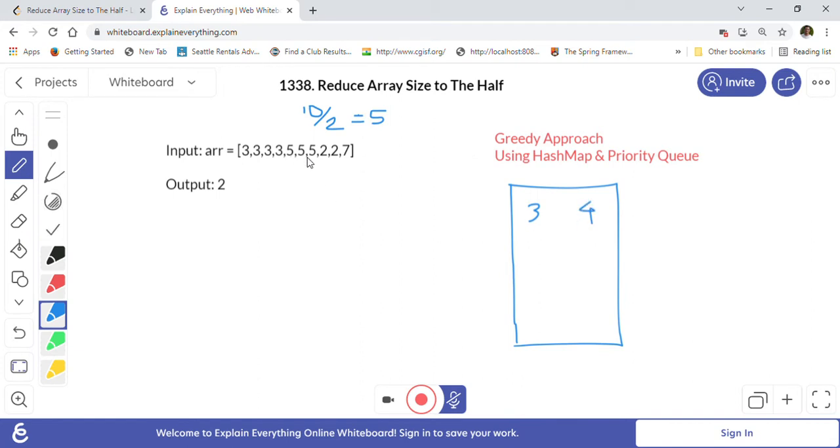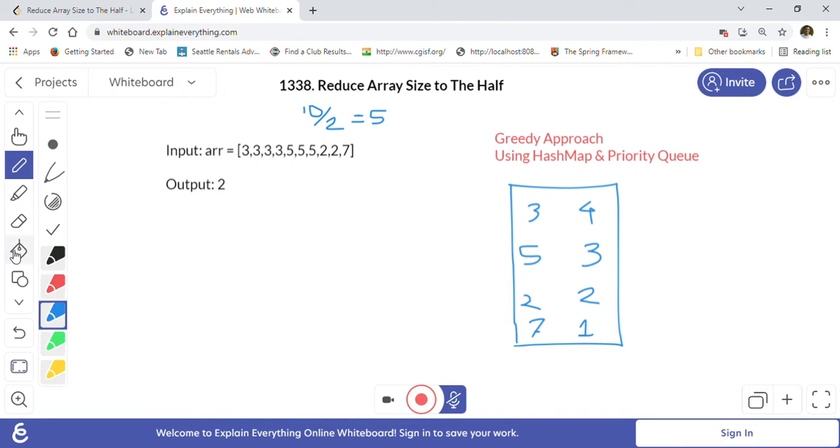Then 5 has frequency 3 here. 2 has frequency 2 here, and 7 has frequency 1, right? So this is our frequency map. For every number we have, we know how many times it appears in the array, right?